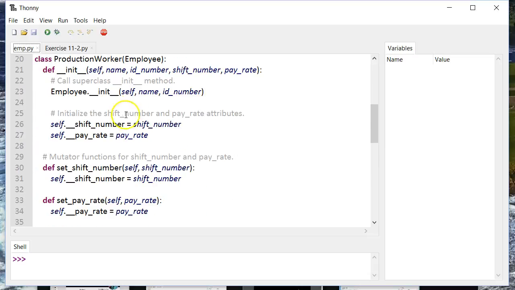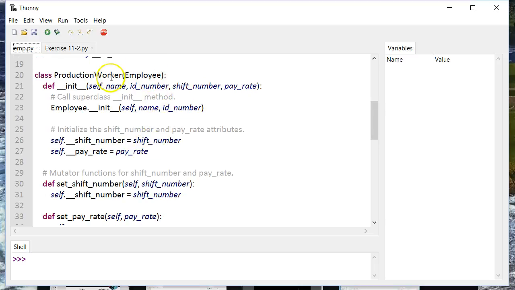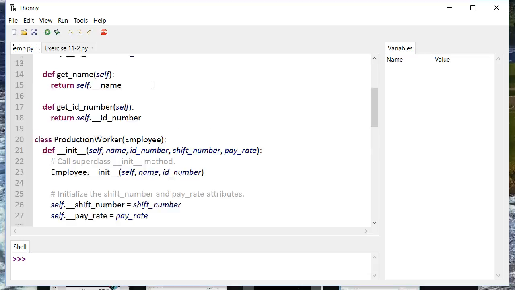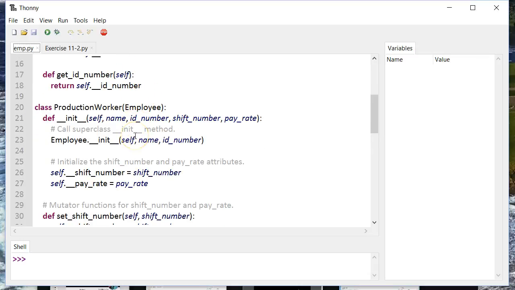Now, if for some reason anything changed in name or ID number, which is owned by my parent, I would have to make the corresponding change in this class and also in the other class. But by inheriting it, any changes in employee will automatically be picked up by these other classes. This will create fewer lines of code, less confusion, and if the testing is thorough enough, with enough rigor, I can pretty much be assured that these classes that I'm using will be defect-free. Obviously not without some testing, but still, I stand a much better chance of having defect-free code if I'm using one copy as opposed to every programmer out there in this business creating their own versions of employee, production worker,